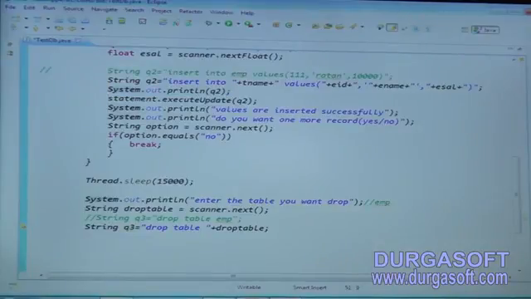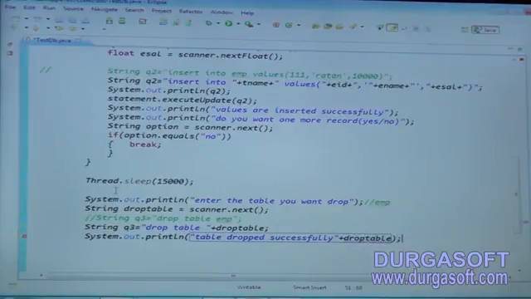Good. So here please print the message System.out.println, table dropped successfully. Table dropped successfully. Which table dropped here? Drop table is dropped, right? Good. So sys out of confirmation messages. So all operations are